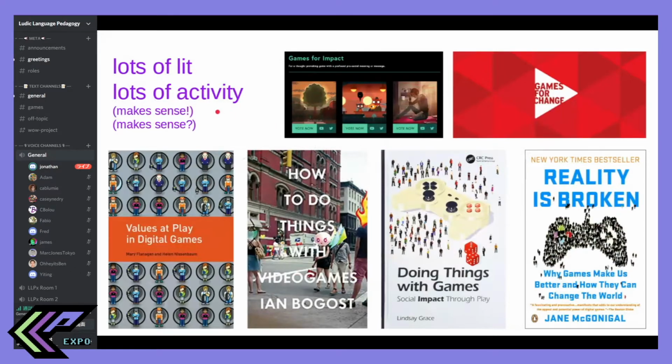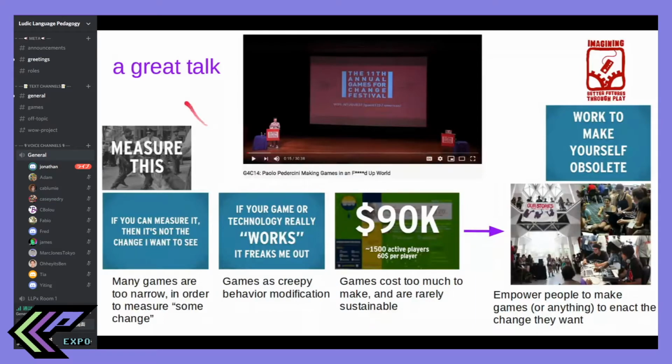It makes sense, right? Like these are interesting. But does this actually make sense? Like the hype around GBL and GBLT, there's a ton of hype about social impact games as well. On one hand, like do things, but on the other hand, there's this really great piece by Paolo Perugini about making games in a messed up world, because he's really looking at taking apart these social impact games, because